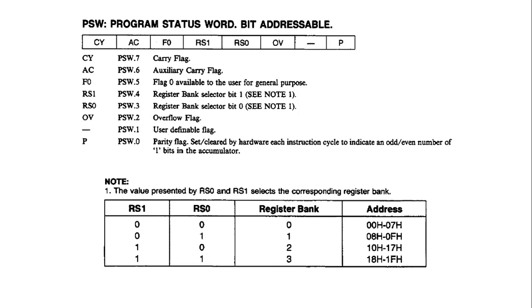Generally, parity is a flag for checking. It may be either set or cleared, that means it may be either 1 or 0, based on the number of 1 bits in the accumulator, to indicate whether it is even parity or odd parity. If it is even parity, after the addition the total number of ones should be even. In that case, it will be set. This is about the program status word.